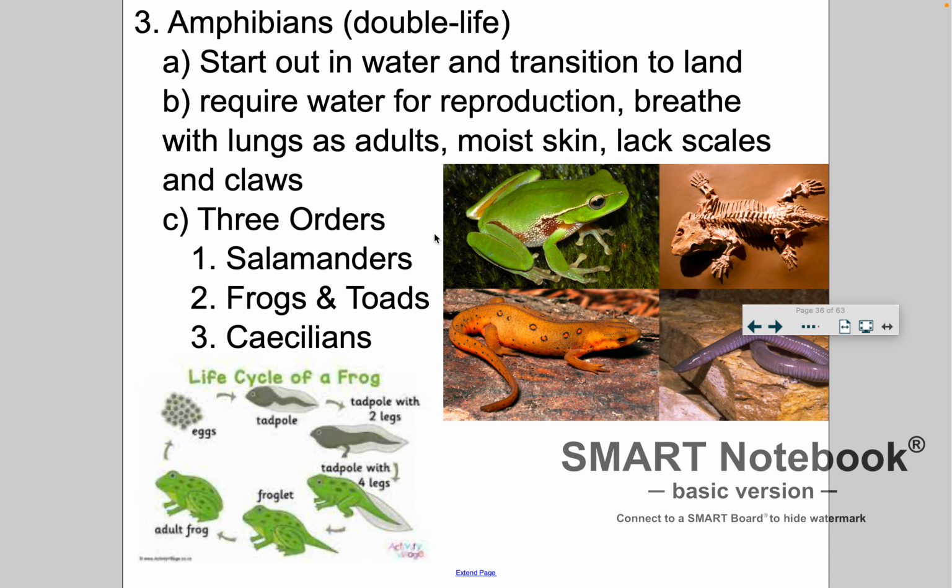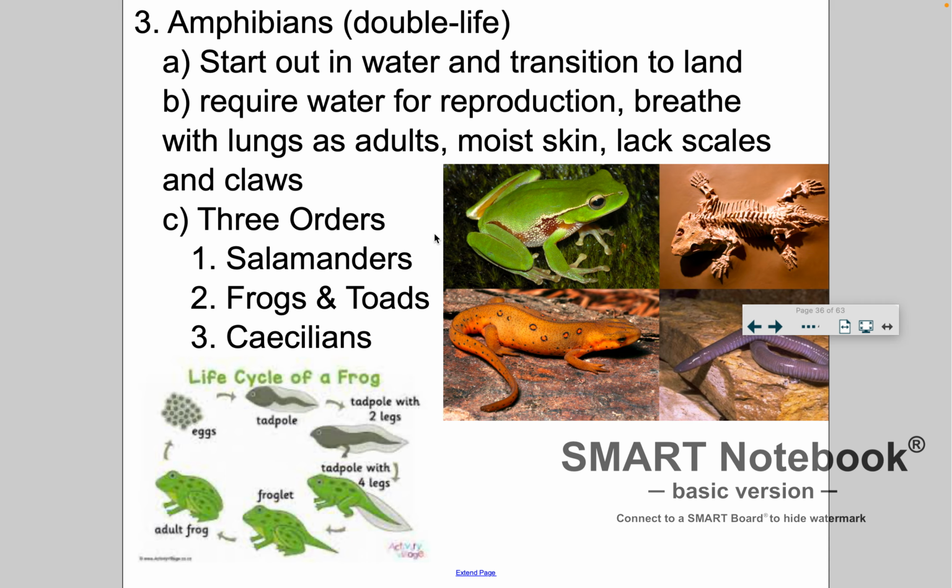So you notice that when we started this journey of life, looking at all the animals here, it starts in the water, and we've been in the water for a long period of time, and now we're seeing adaptations that allow organisms to live out of the water. So they start off in the water, and then they transition to land.